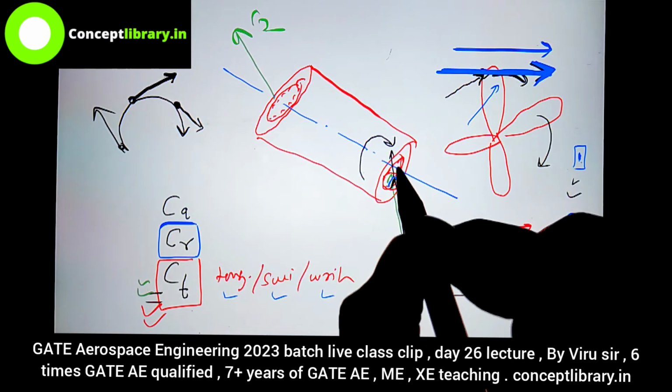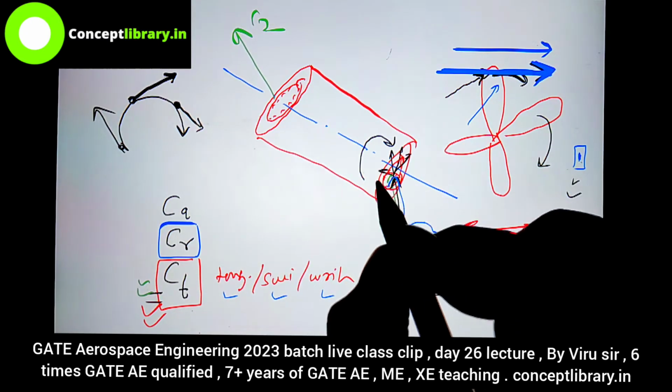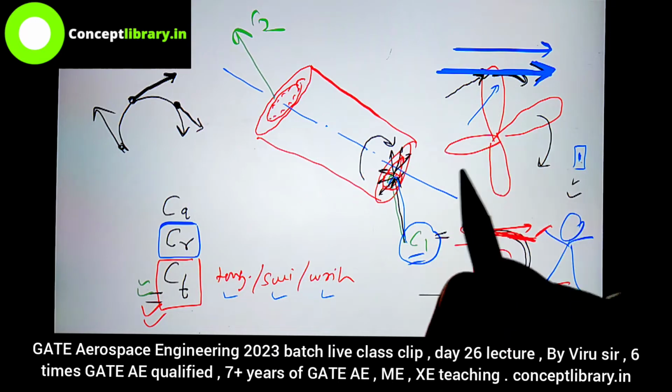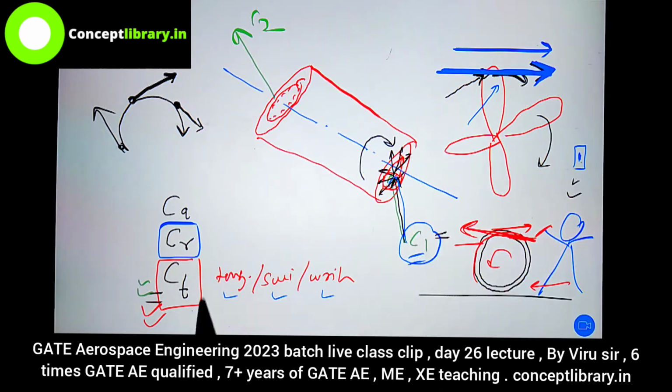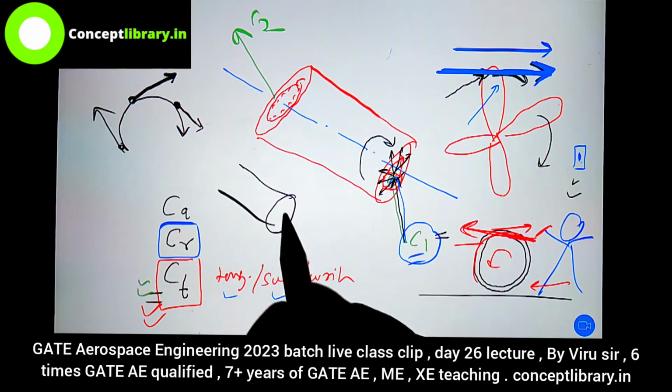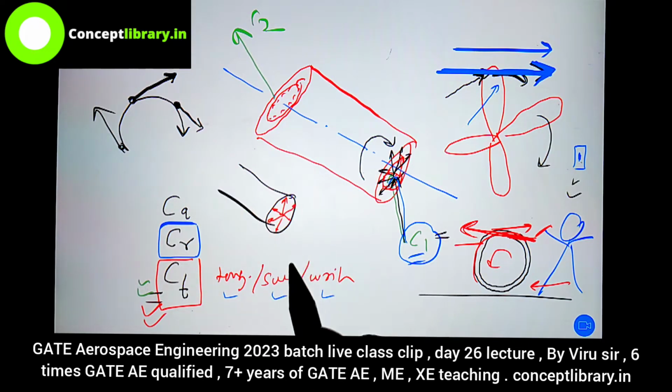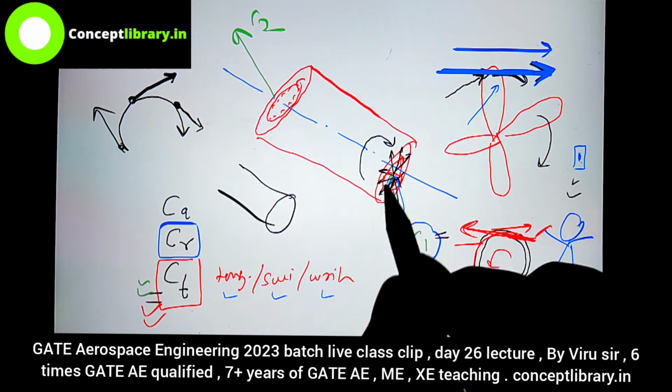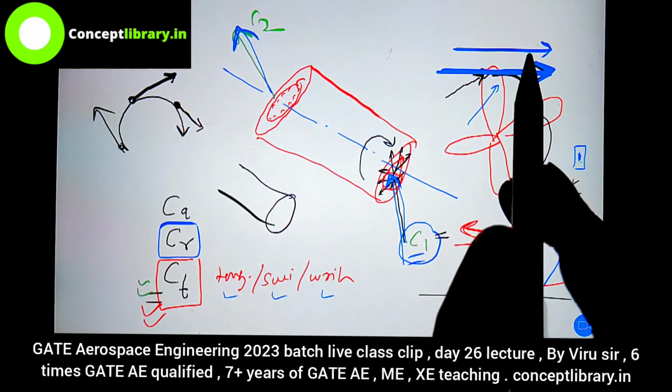Radially means outside like this. Air is also going radially. Radial component, you understand? Suppose this is the disc. From here it will go like this, like this, like this. So the air which is entering will also go in that direction. Okay, how will you know this? Because C1 is entering and C2 is exiting.